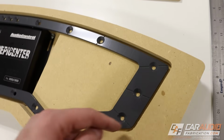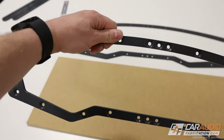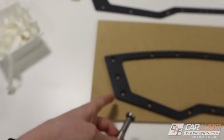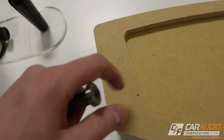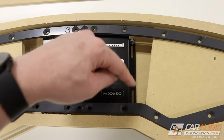I'm always stressing that you want these gaps to be perfect, so when I copy the outside of this shape, you're going to see me using this router bit here, and the reason for that is I can expand off of that outside surface a little bit and leave a little bit of extra material in order to shrink up that gap. On the inside of this insert, I want to make sure that I fill up the rest of